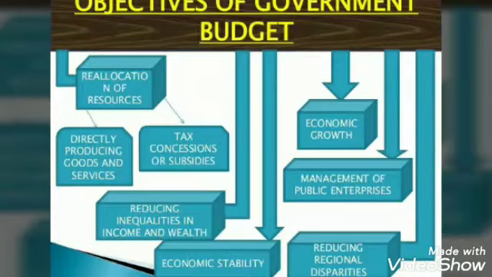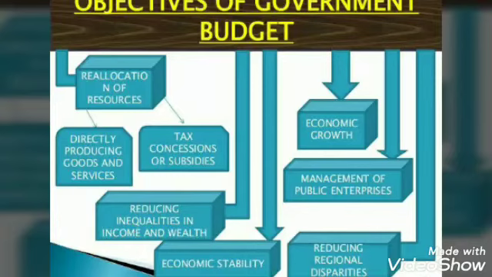So while making the budgetary policy, the government has to reallocate the resources in such a way that along with the profit, social welfare could also be maintained. Then the next is redistribution of income and wealth. When we talk about this distribution of income and wealth, if we talk about a country like India, you will find that the